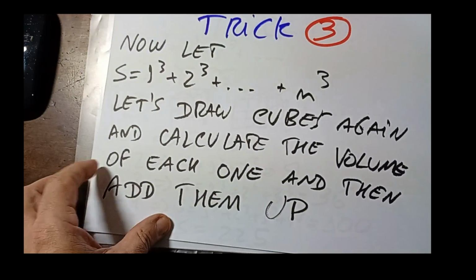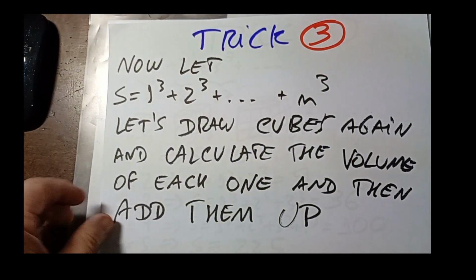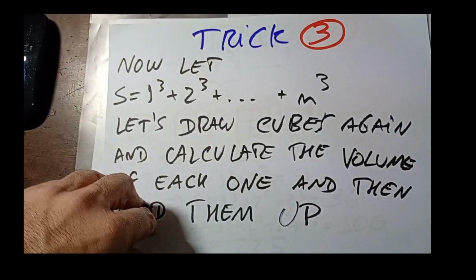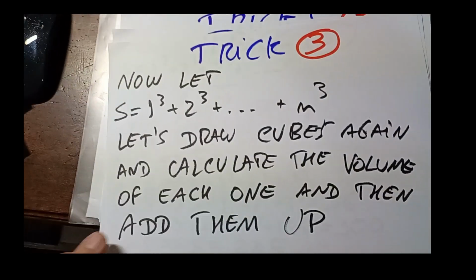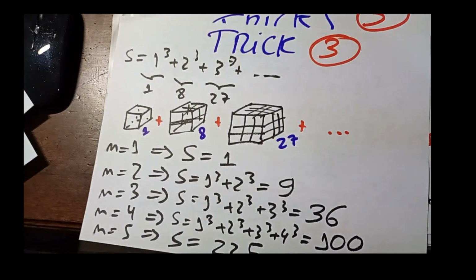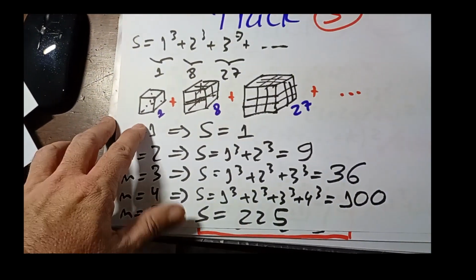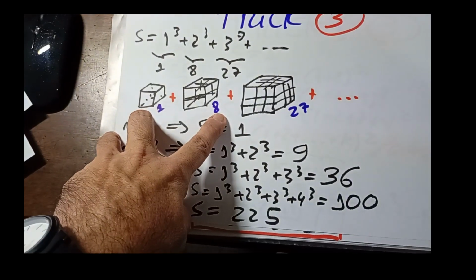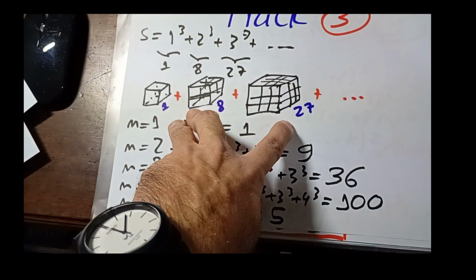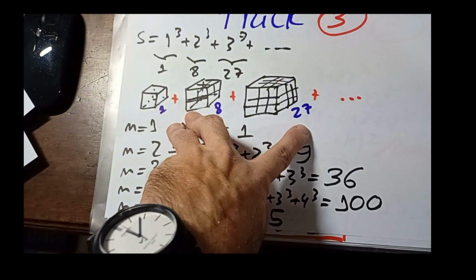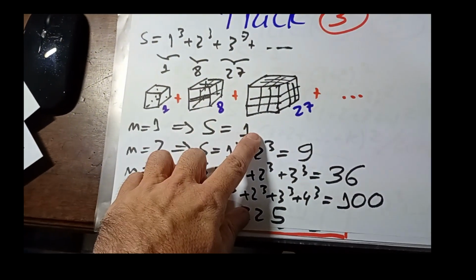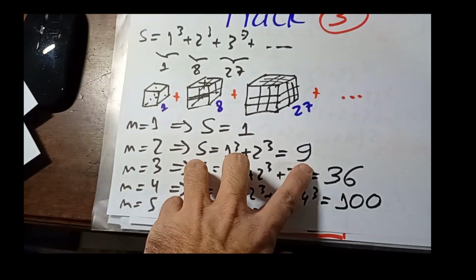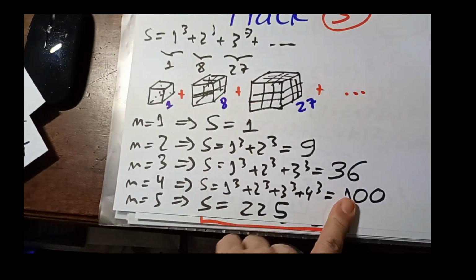Now the series 1 raised to 3, 2 raised to 3 until n raised to 3. Let's draw cubes. Now we calculate the volume of each cube and then add them up. The first cube has only 1. The second, 2 raised to 3, is 8. The third is 3 raised to 3, 27, and so on. If we sum the volumes of each cube, we get 1, 9, 36, and 100,